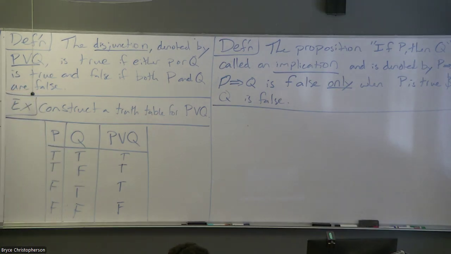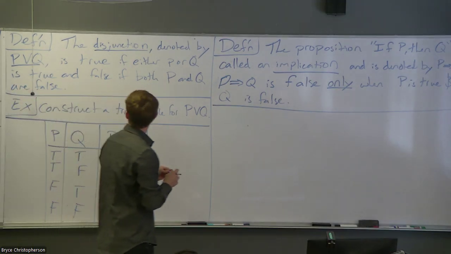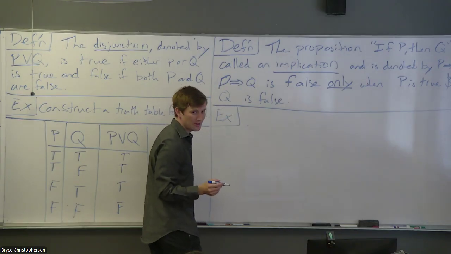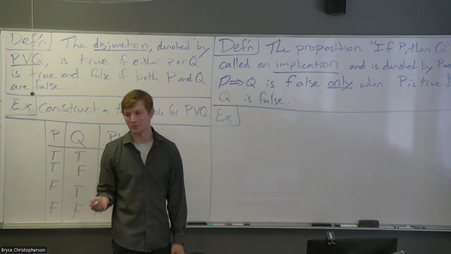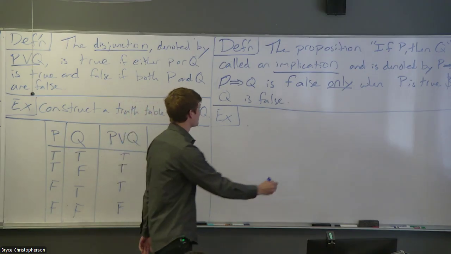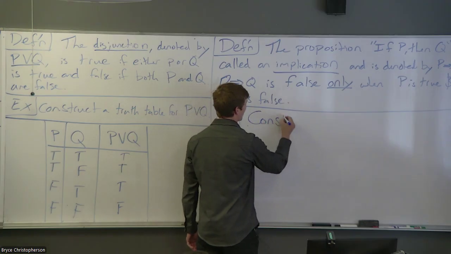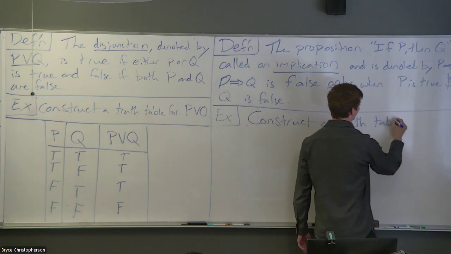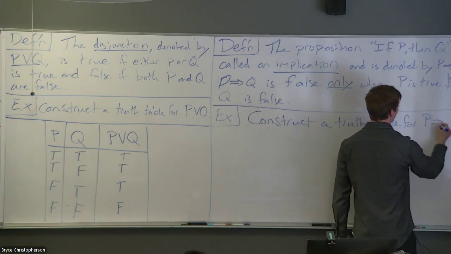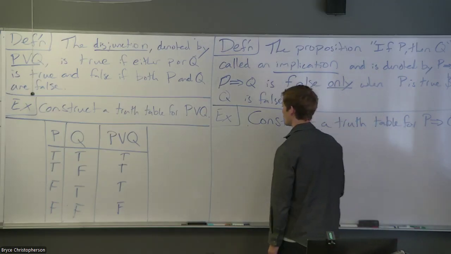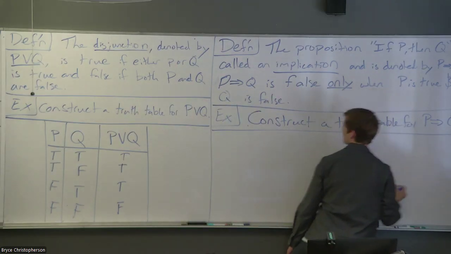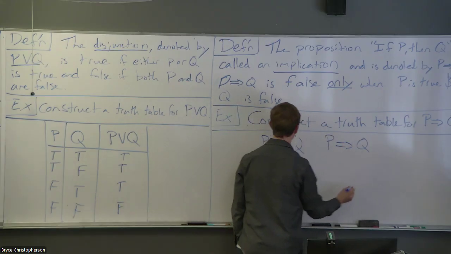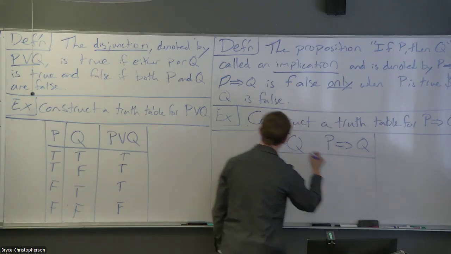This actually looks different from how we'd normally think of it. Let's start talking through some examples of it after we do the truth table. I think a lot of people, this is the easiest one to make mistakes on. I'll show you why. So first off, let's make a truth table for P implies Q. We'll put a P column, a Q column, and a P implies Q column.